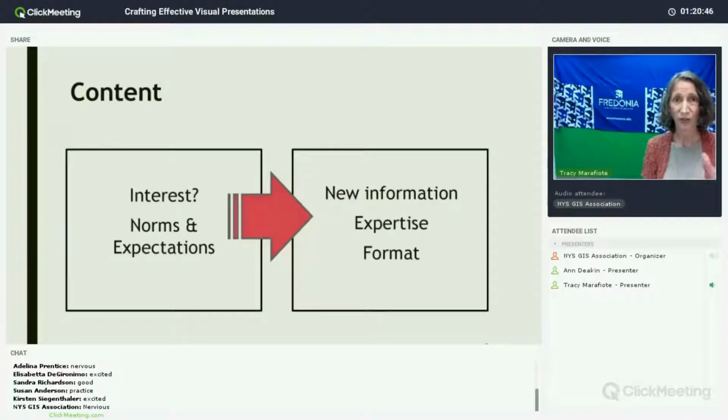Now that's, again, especially true for academic conference presentations. So certainly in many fields, there's going to be an expectation of a brief, please keep it brief, maybe a literature review or mentioning your theoretical framework or your methodology and so on. So do ask around and find out what the norms and expectations are in your specific field.